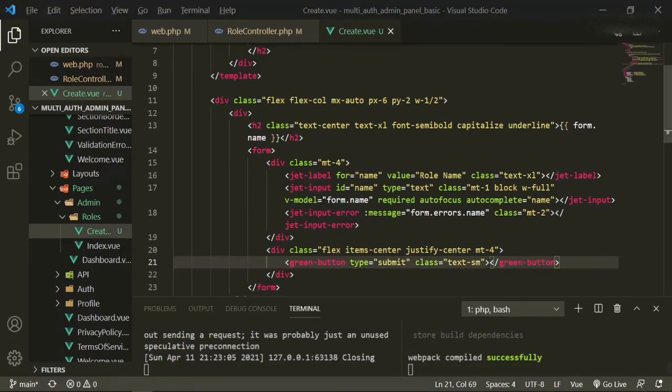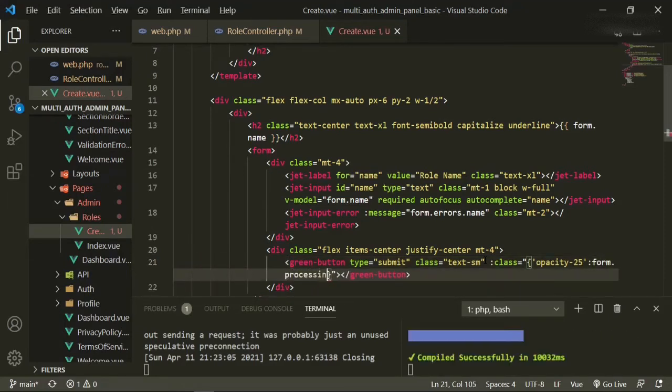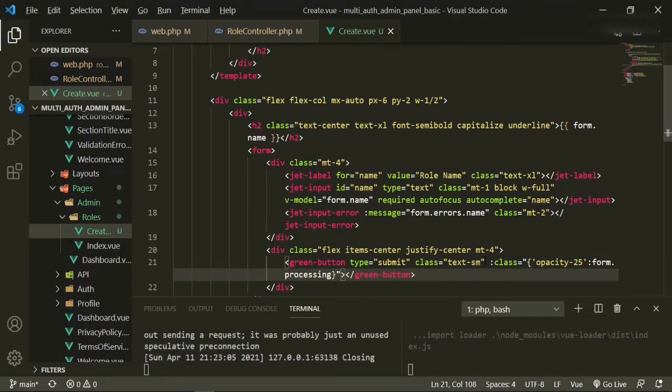Then we're also going to add a disabled class on this. So class equals curly brackets, opacity-25 if the form is processing. And then we also need to add disabled equals form.processing. And in here we can just add submit.